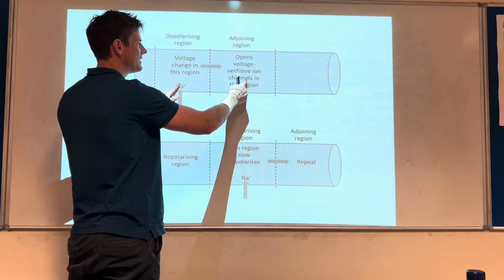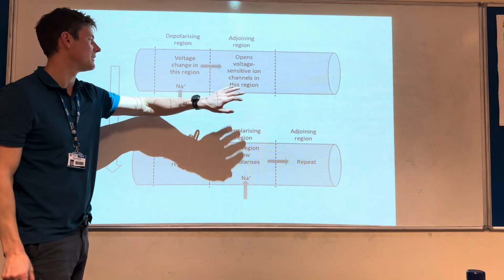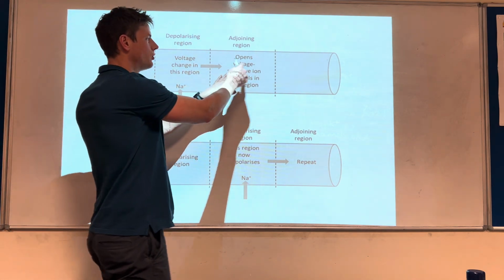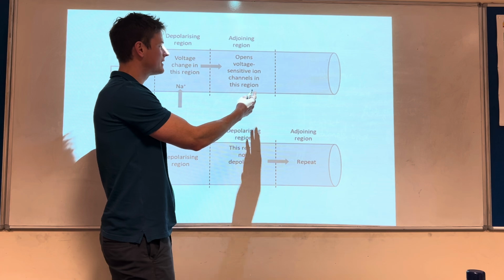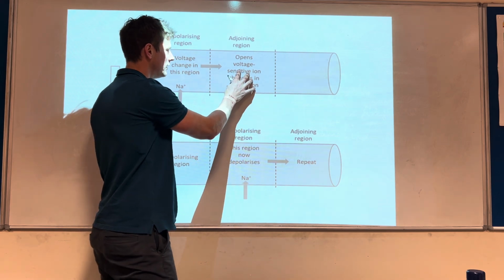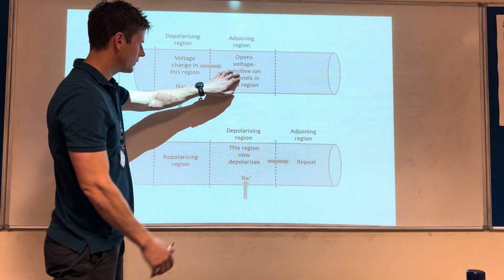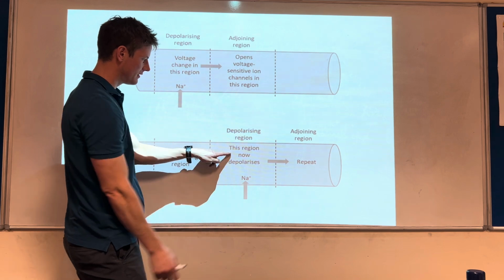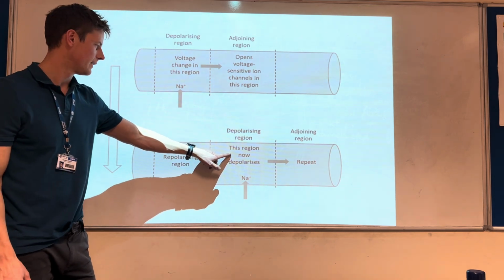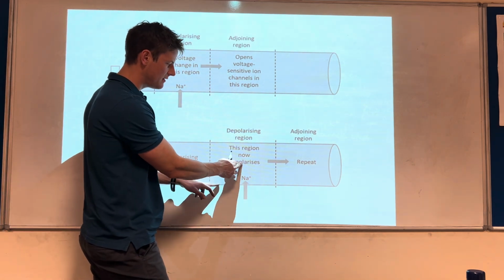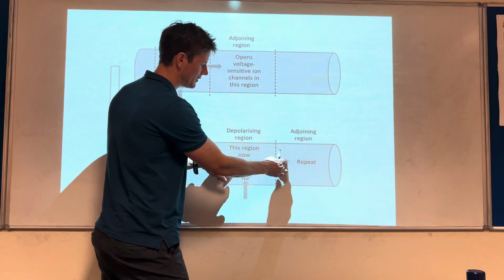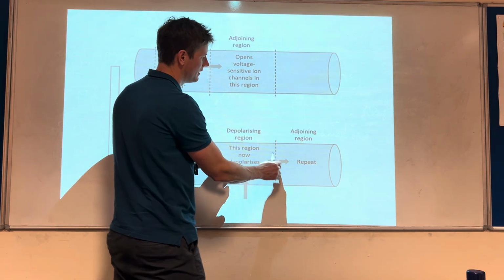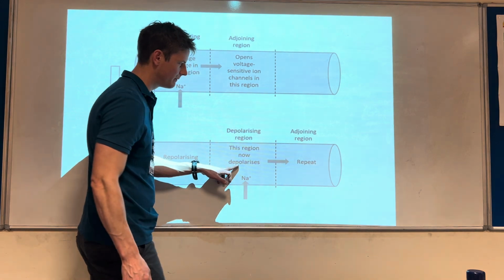Those voltage-gated, or referred to here as voltage-sensitive, channels in the adjoining region are then stimulated to open. As they are stimulated to open, that then becomes the depolarized region. So sodium ions diffuse in, sodium ions diffuse down the axon to the next adjoining region, and so on and so on and so on,